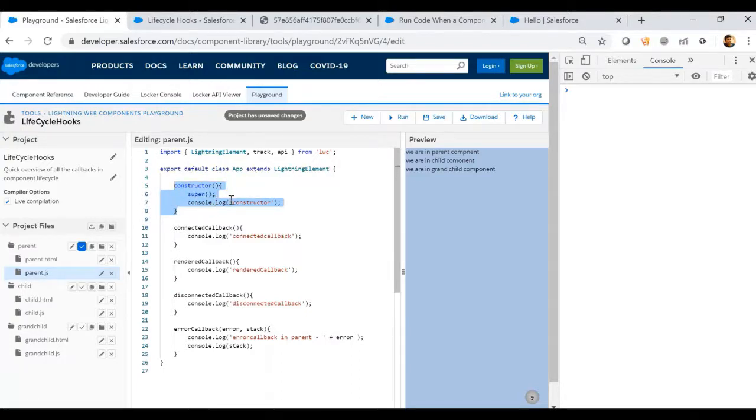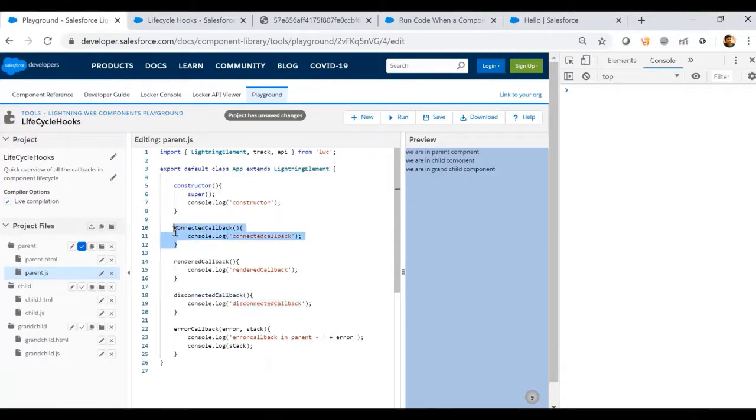If we do any query selectors in the constructor and try to access any properties, they will not be available, because the component is just created, but it is not inserted into the DOM or rendered to the DOM. The constructor can be used if you want to do some kind of initialization, but I feel we rarely use it. At least I haven't used it, except maybe in some rare cases when a component is dynamically created. So that is the first callback method, the constructor.